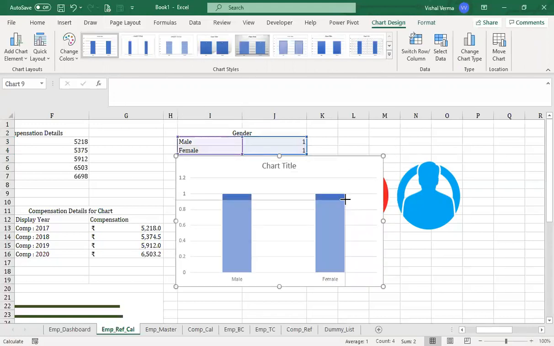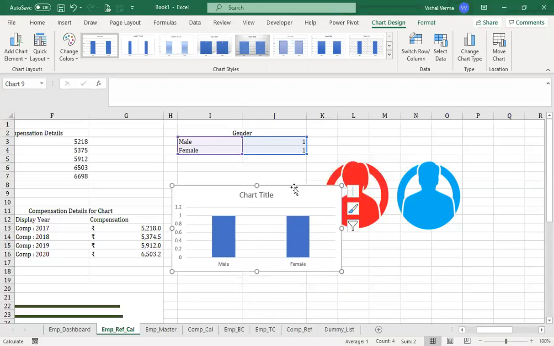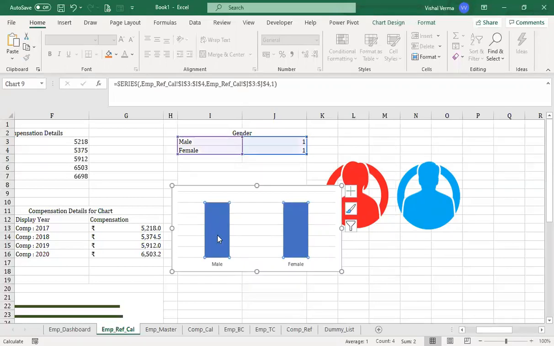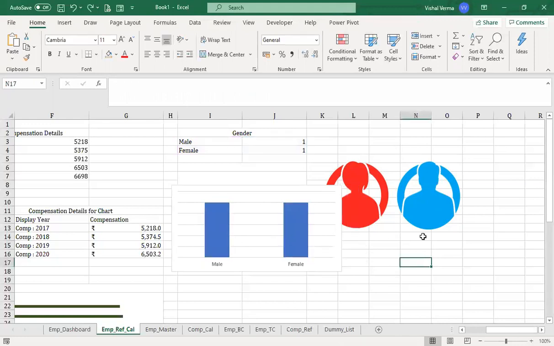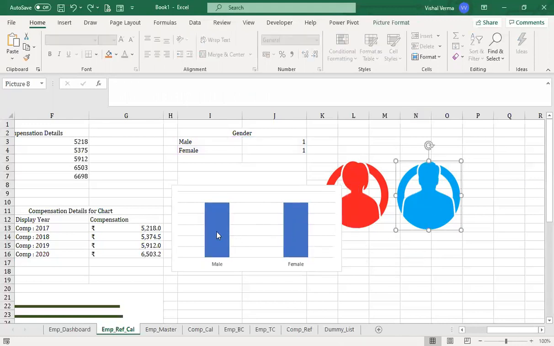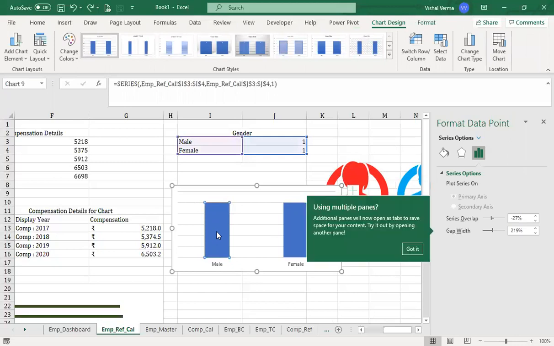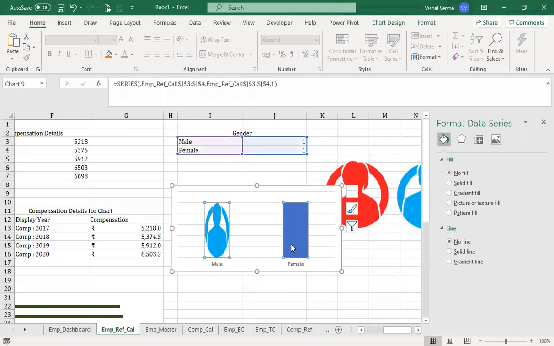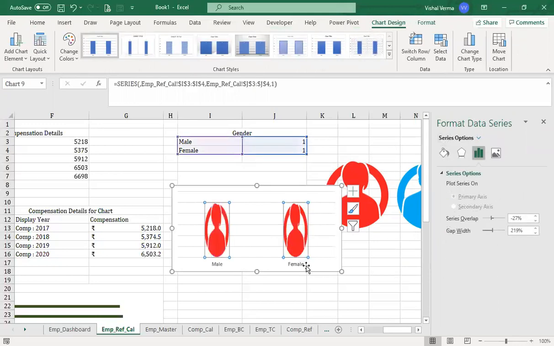If you have gone through our data visualization courses, it's quite an easy job to do. What we need is to select this male, copy and paste it here. Copy this and select the male one. Copy this and paste it here.